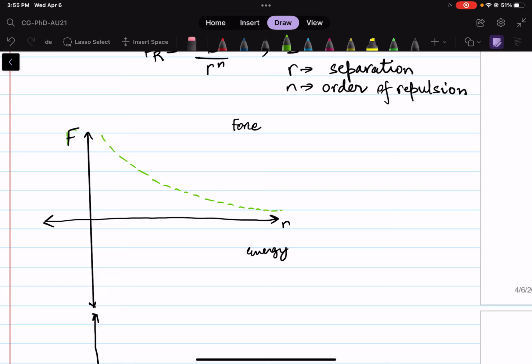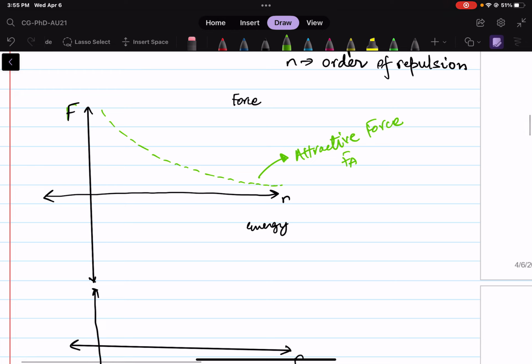And this will be your attractive force, which you can also write as F subscript A. Now let's look at the repulsive force. Because it is repulsive in nature, that will be the opposite sign, and what that can be given as is something like this. Because it is 1 over r to the power n, it will have a much steeper slope,